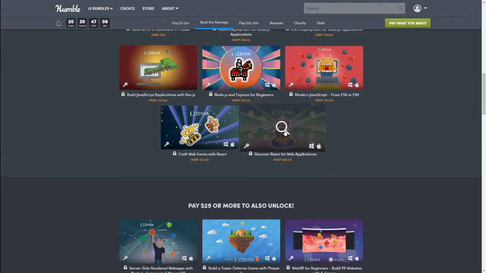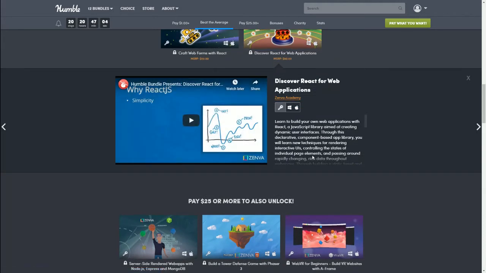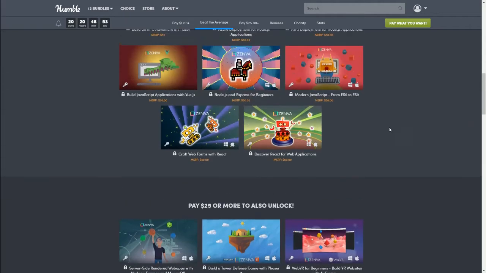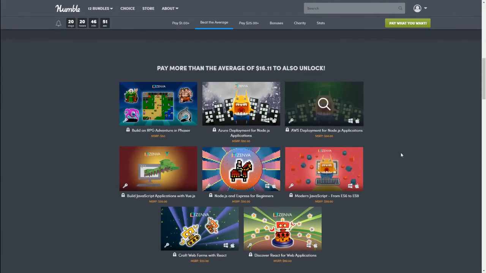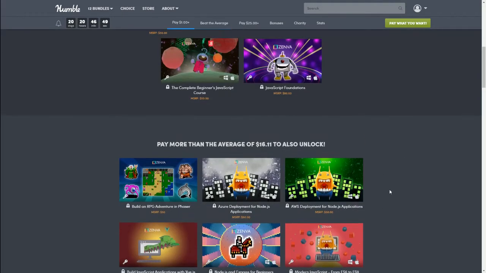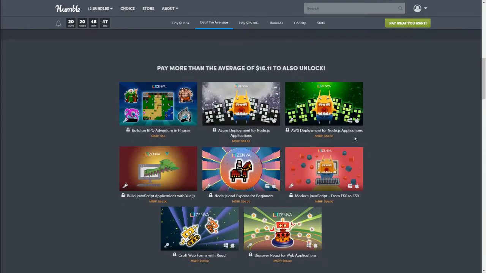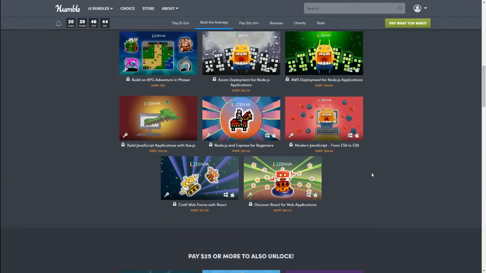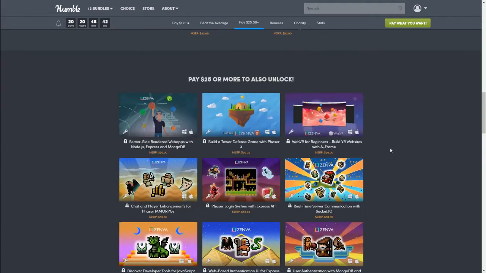And last in this part is Discover React for web applications. Learn to build your own web applications with React, a JavaScript library aimed at creating dynamic user interfaces. All right, so for $16.11, you will get this bundle and this bundle. As you can see, it is already worth so much more than what you're paying for it. And the biggest bundle is